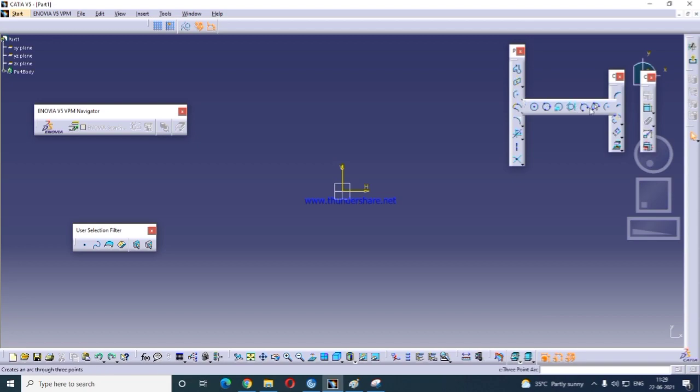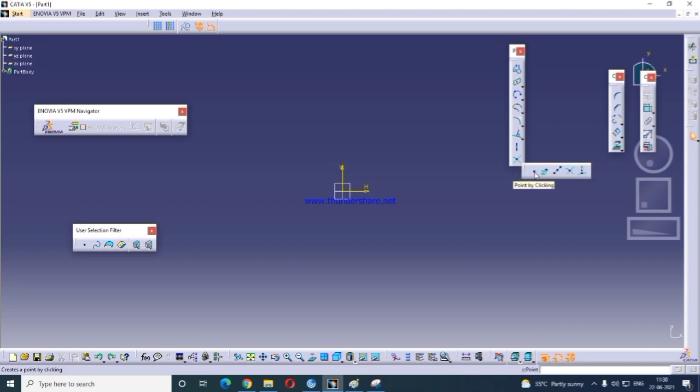I am creating a curve like this. I need the line normal to the curve. If you select this option, you create the normal to the curve. This is the Axis option. Axis, you create from these options. Then Point.